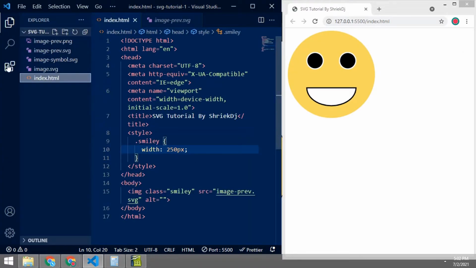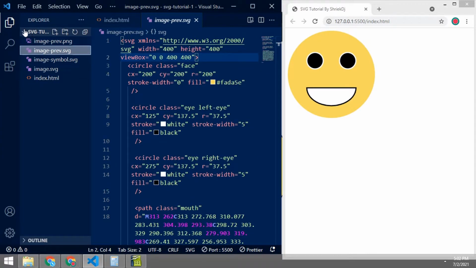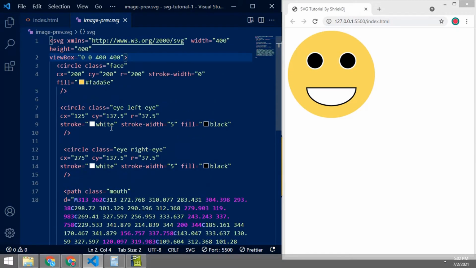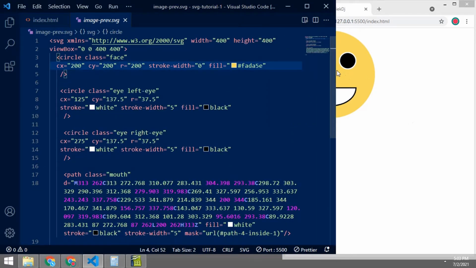And we can also write it like code. All of this SVG written content, I can copy and paste it. But before that, I will show you how it is coded. It is very simple to understand. As you can see here, it's a circle.